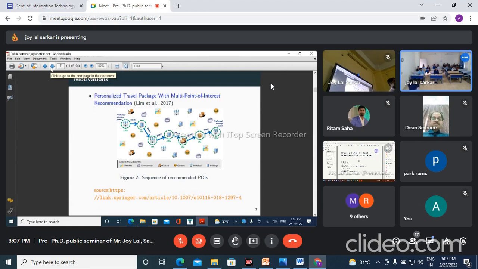Please don't stop. So you can see that a lot of POIs are there. One POI should be connected with another POI, and that is very important because I cannot give you, suppose, 6 POIs randomly. It is not possible. If I give you 5 to 6 POIs, they should be recommended and completed within a specific time period, and not only the time period but also cost.